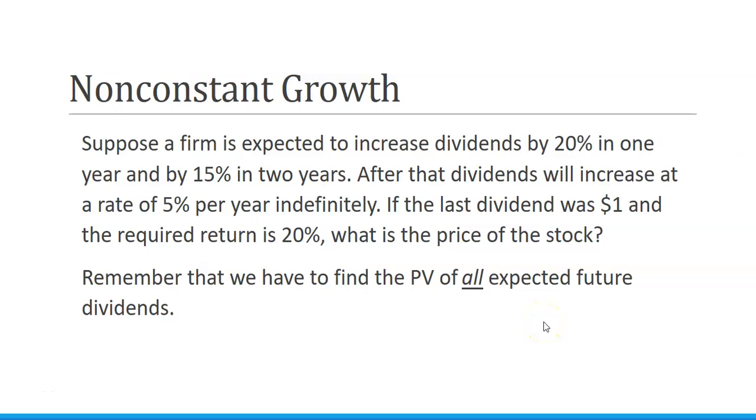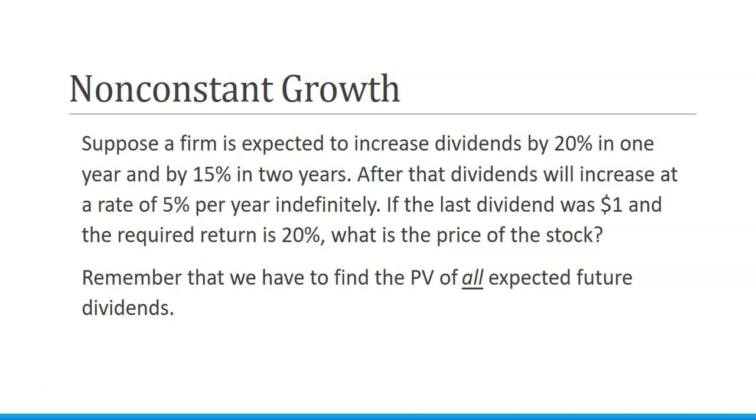Now, what if a firm has non-constant growth? We've looked at several examples for the constant growth model, but what happens if a firm is expected to increase dividends by 20% in 1 year and by 15% in 2 years? After that, dividends will increase at a rate of 5% per year indefinitely. If the last dividend was $1 and the required rate of return is 20%, what is the price of the